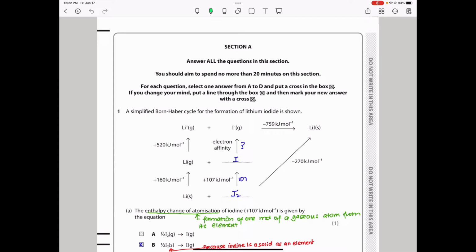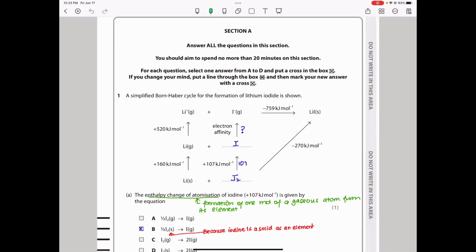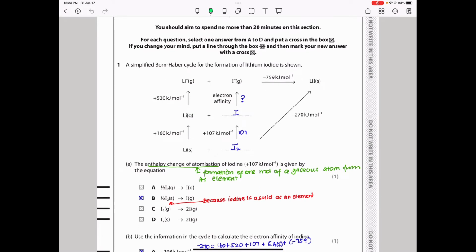Question 1 says, a simplified Born-Haber cycle for the formation of lithium iodide is shown. So here, this is the cycle we're given. And then they say the enthalpy change of atomization of iodine, which is given here, is given by the equation. So they want you to find the equation that is showing the enthalpy change of